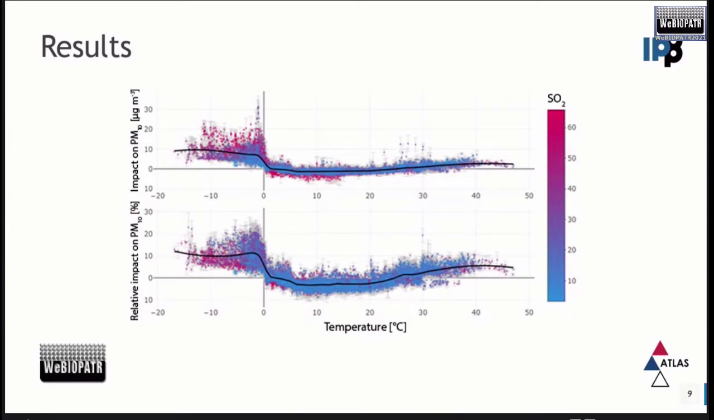In the ambient of high sulfur dioxide concentrations, this increase may be as high as 20 micrograms per cubic meter. You may see red dots at the left side of the diagram. This may be associated with using fuels with high sulfur content. From a few degrees above zero to about 25 degrees, the effect of temperature on suspended particles is insignificant, while during the warmer weather,